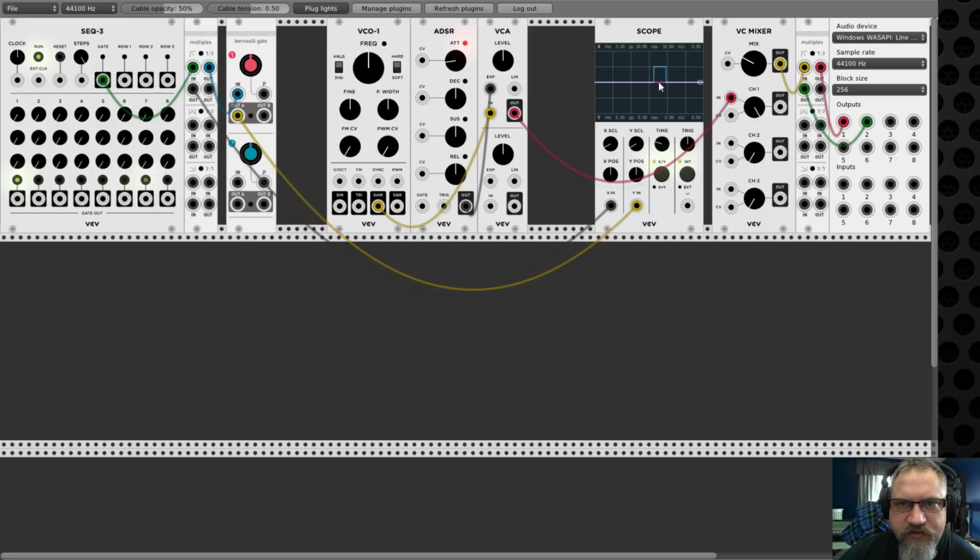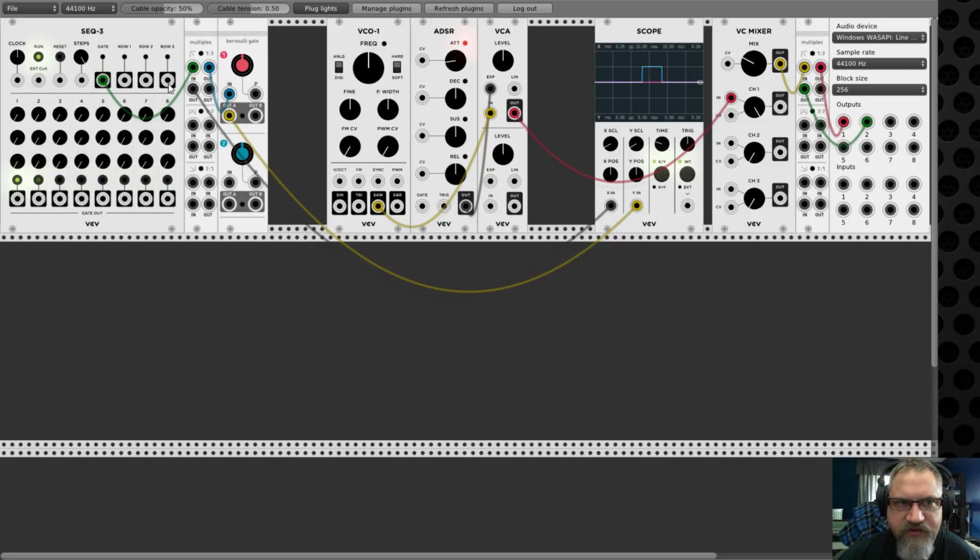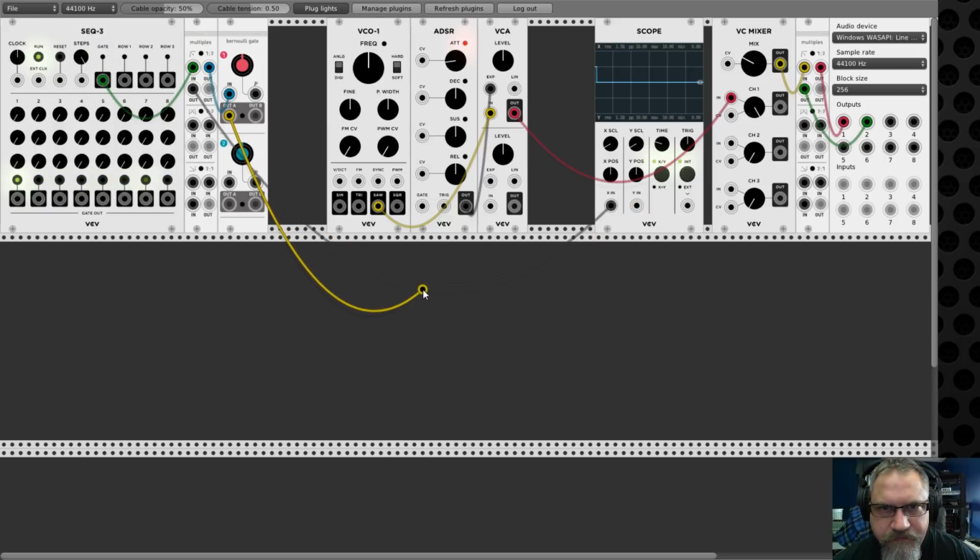So see, the Y is the purple. We only get Y every so often, and that's adjustable with this knob here. So see, we got one there, but we're getting a bunch of gate signals from the Seek 3, and the Bernoulli gate is blocking a bunch of them. Well, what does that mean? Well, that means that if we come from the Bernoulli gate and go into the gate input of the ADSR,